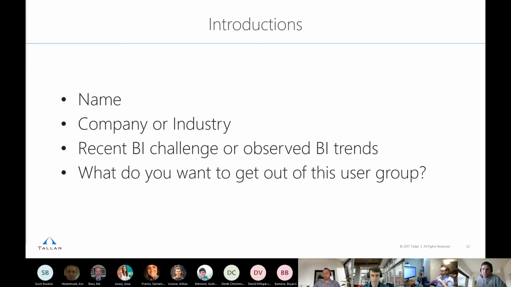Nice, thanks, James. I could go. This is Jared Brown, VP of Data and Analytics at Talon, and let's see. Recent challenge is a lot of demand to push the bounds of what's perceived to be possible with Power BI. So whether it's access to larger data sets, multilingual support, advanced auditing, all these are topics that are coming up as people want to push the solutions further.